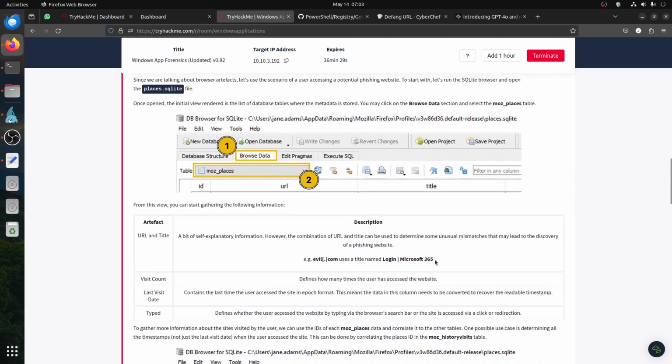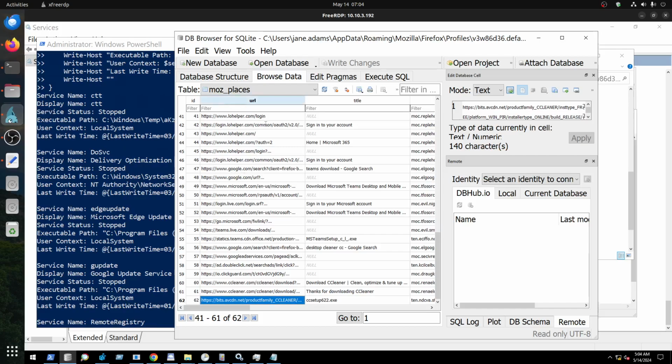We remember the URL and title. A bit of self-explanatory information. However, the combination of URL and title can be used to determine some unusual mismatch that may lead to the discovery of a phishing website. They give us evil.com or login Microsoft or something. So if we look there in our place now,